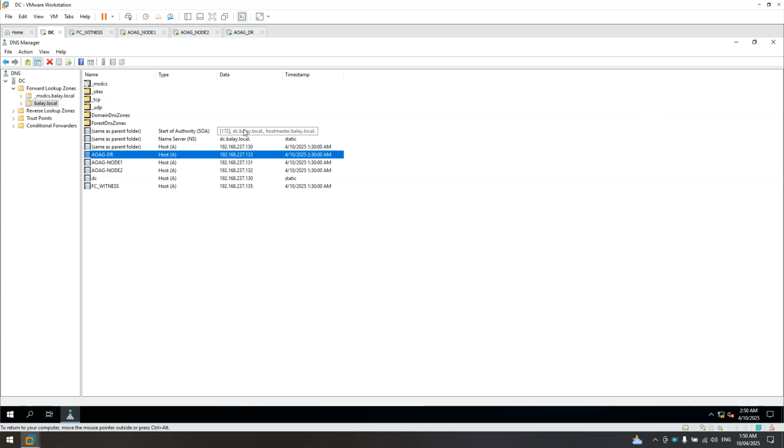So in your case, make sure that your AOAG workstations or servers are connected to the domain controller, okay?